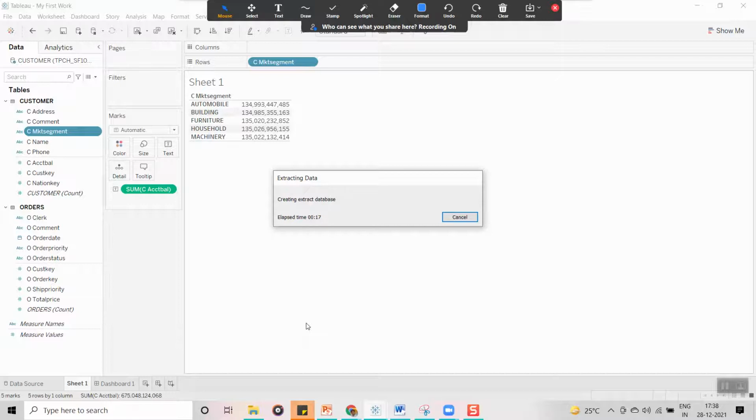Also, if we are working in real time, the speed is going to be very fast. You can create an extract of 1 lakh records, 2 lakhs, or nearly 10 lakh records also, it is not a problem. So automatically we can create it from Tableau Desktop. But if you have millions of records, it is very difficult from Tableau Desktop. In that scenario we create an empty extract, then we publish it to a server.